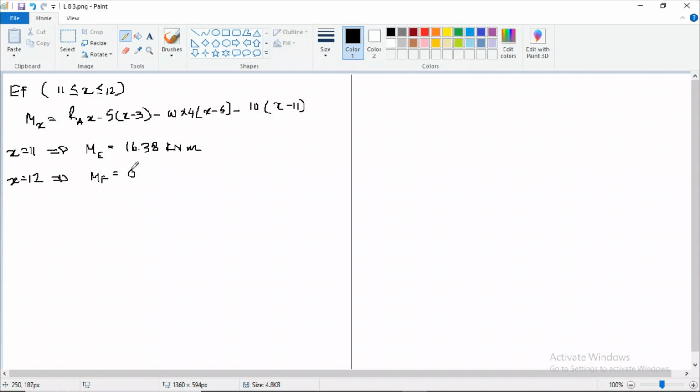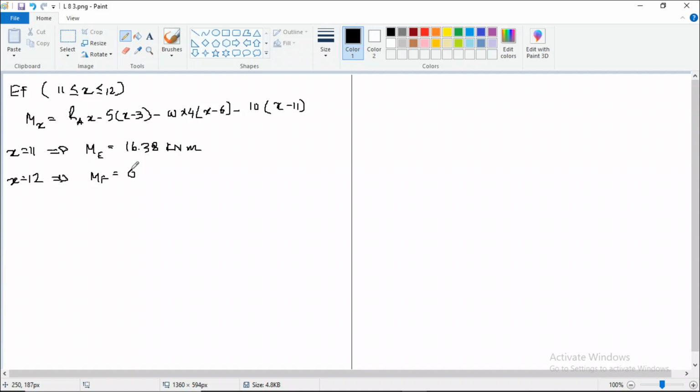So you need to observe that at a simply supported joint and at a roller joint, your moment value will always be 0. If you observe your answers, we got your moment at point A is equal to 0, and we got moment at the last roller support point F is equal to 0.